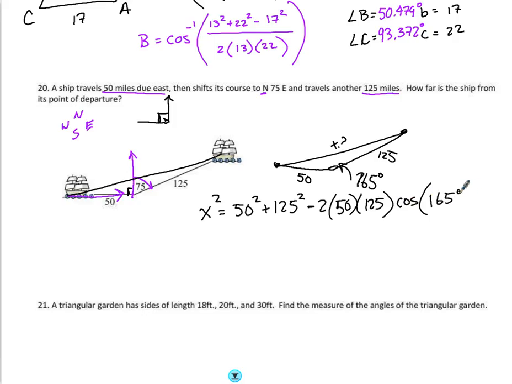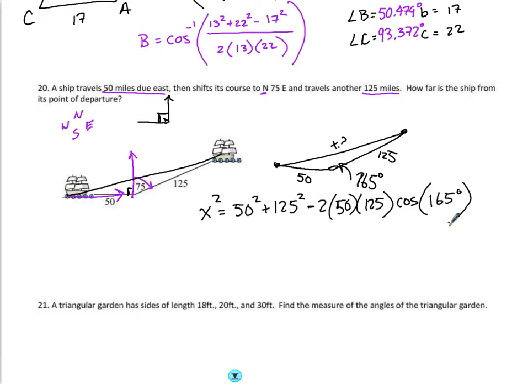Again, that's just coming from the formula sheet for right now, but eventually you're going to get to a point where you can kind of have that tucked away in the memory. Cosine of 165. It's a big one. Oh, it's negative. Interesting. But it's going to be negative, so negative is negative. Alright, so in my calculator, 50 squared plus 125 squared minus 2 times 50 times 125 times the cosine of 165